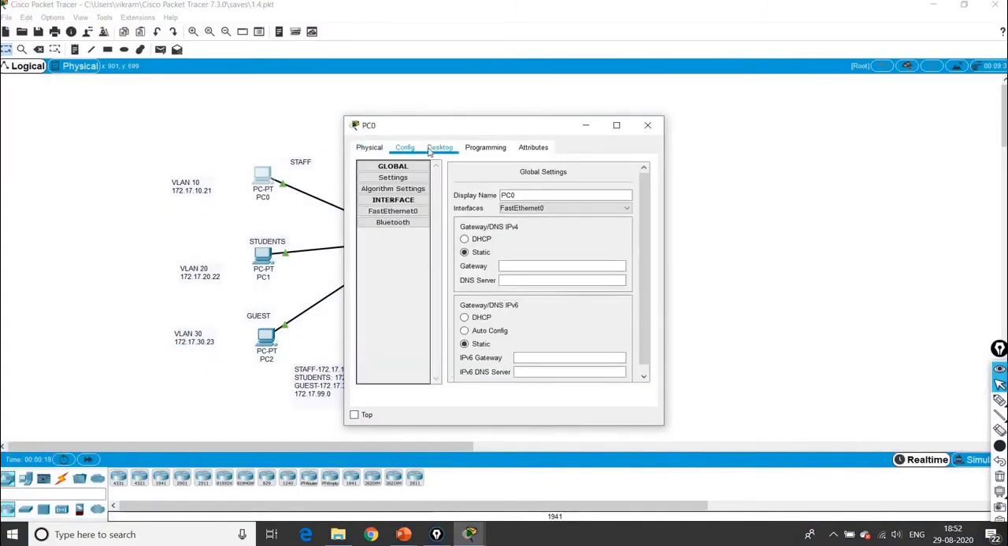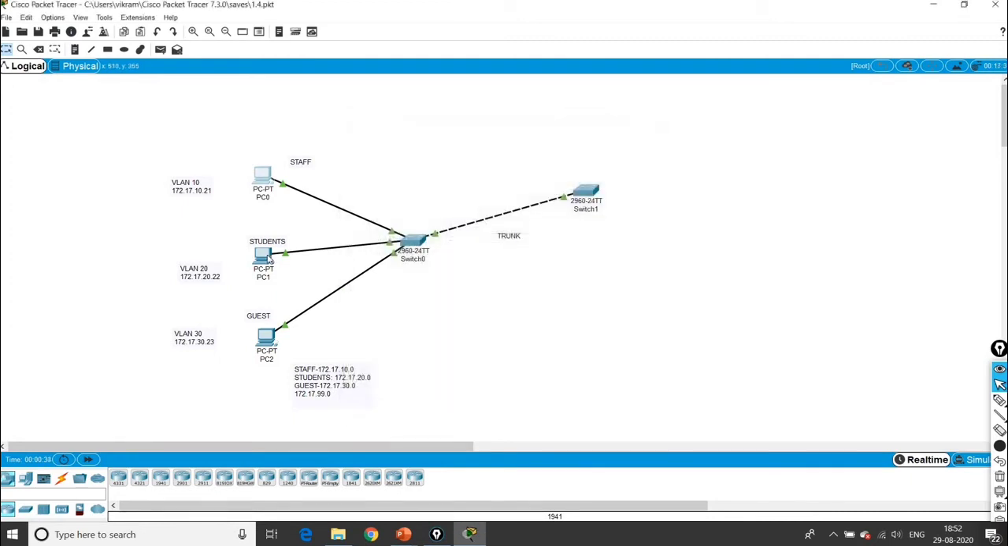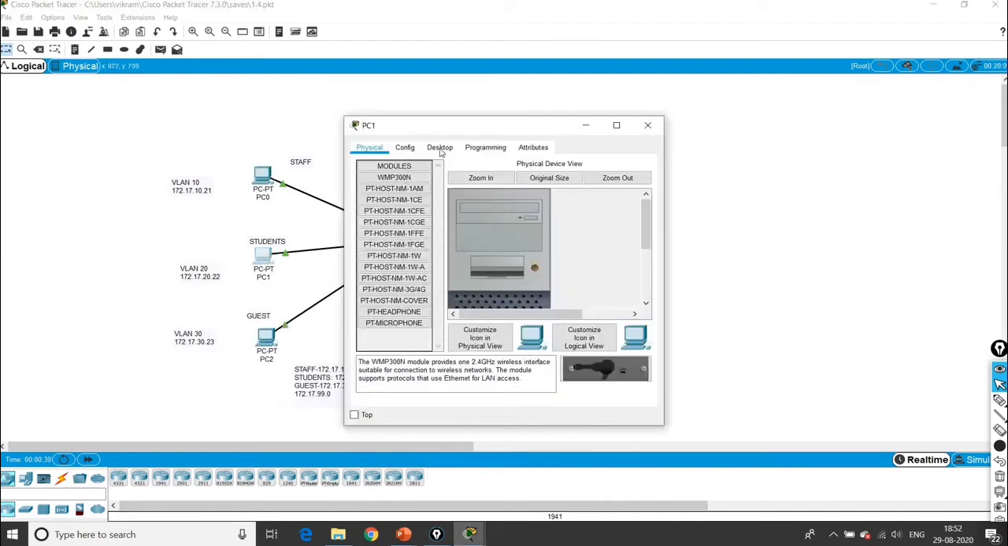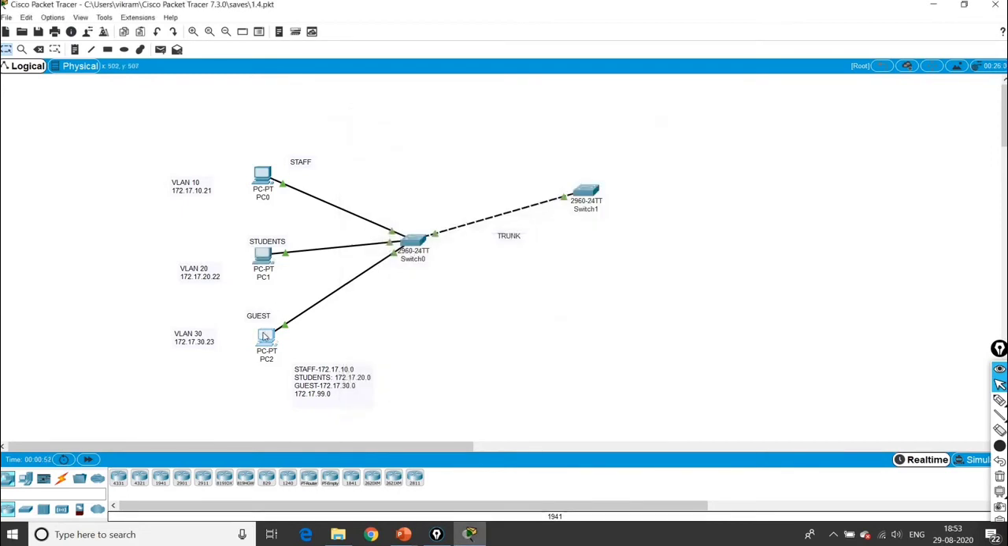You can see Config, Desktop, IP Config. What is the IP address I have given? 172.17.10.21. The subnet mask already comes. Just close it. Similarly for VLAN 20, Desktop, IP Config, the IP address 172.17.20.22, followed by the subnet mask. And for VLAN 30,